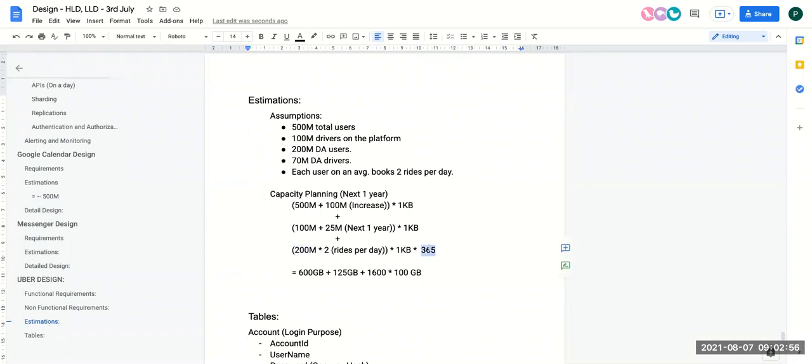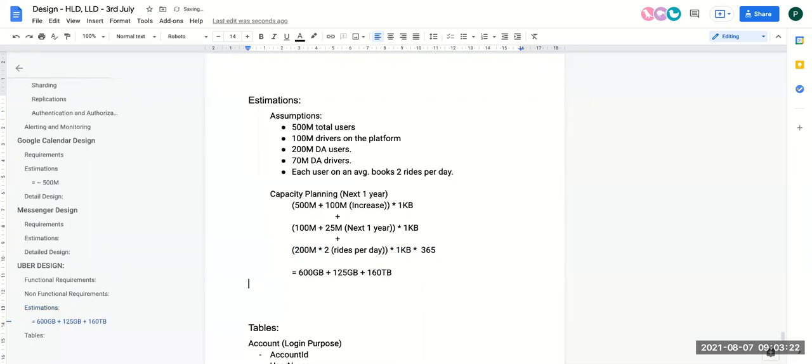I've approximated this to 400, and then there are 2 zeros, and because this is KB, this is a million, so this will become what? A million will become GB. So 2 into 2 is 4, into 4 is 16, 1600 into 100 GB. So if we remove 3 zeros from here, this will become 160 TB of data.